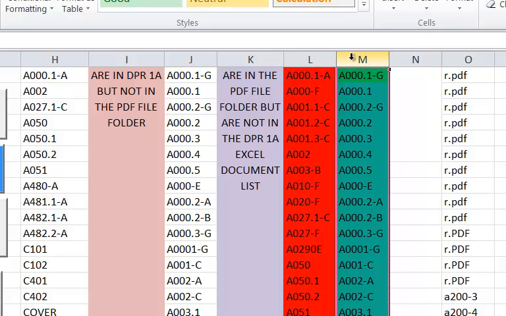Now this is, of course, me. I think a lot of this could also be narrowed down if I sat down with Jay, for example, and he could tell me exactly why A50 is in the DPR1 attachment but not in the PDF folder. So that's something that can be explained. But for the purposes of this demonstration, these are the numbers that we're dealing with, and that's a delta,